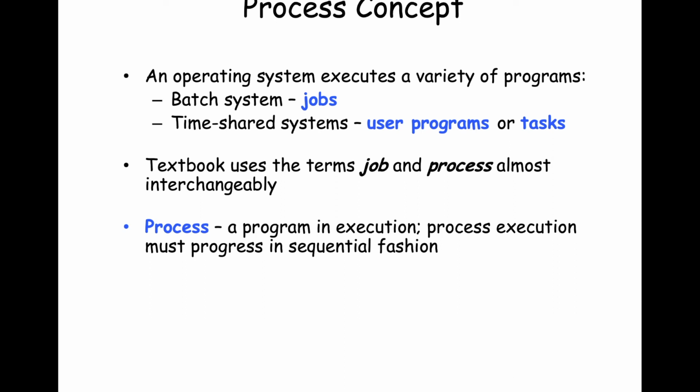Now, in the book, job and process are synonyms. They're used, for the most part, interchangeably. And a process is defined as a program in its executable state. That's really important, its executable state. And when a process executes, if you think about what it means to write a program, you might have a statement like A equals 1, B equals 3, C equals A plus B, and maybe D is equal to 1.5 times C, for example. So what happens? You execute the first line, execute the next statement, execute the next statement, execute the next statement.